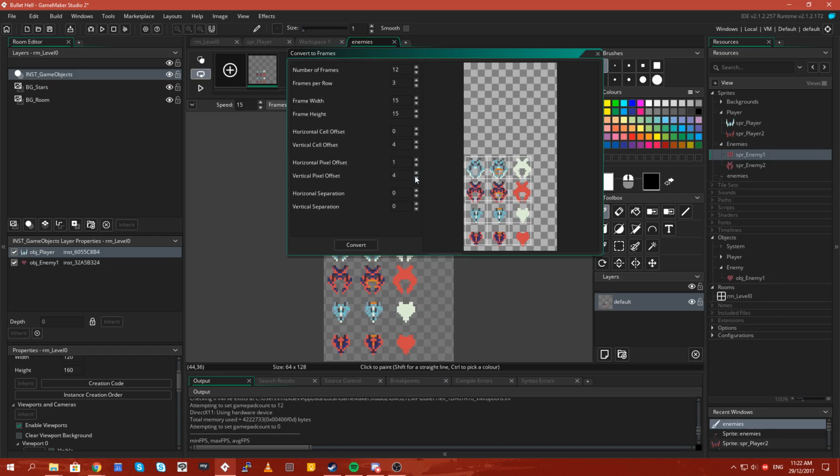Sorry, I put that wrong. They have a spacing of 1, an offset of 1, a spacing of 1 there too. There we go, that's got them better. And an offset of 1. Okay, that'll do.